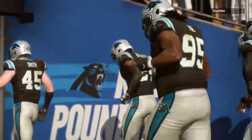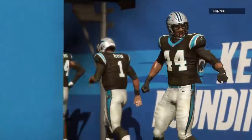So for the Giants, they move back over 500 at 3-2 now on the year. And they'll return home